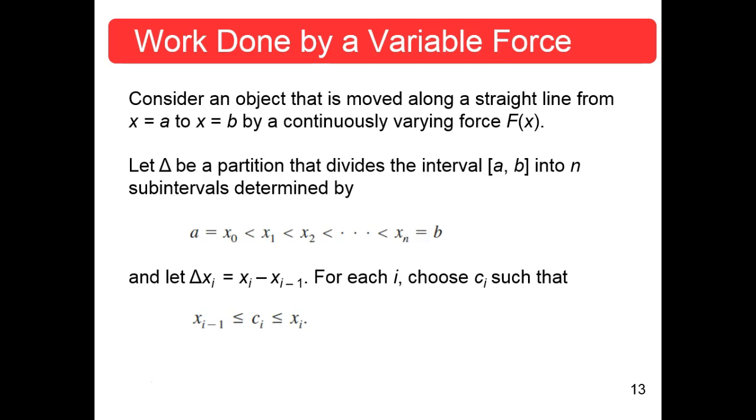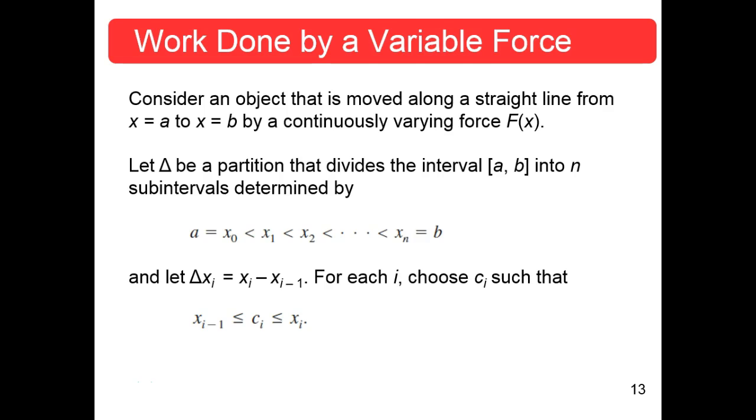Other books use a capital P, maybe with a subscript on it, that divides the interval from A to B into n subintervals determined by A is equal to x of 0, and then a short way over from that is x of 1, and x of 2, then x of 3, all the way up to x of n, and that is your B. Then your delta x of i, and why use the same symbol for a difference and the same symbol for the partition, I don't know. But that would be any x of i minus the previous x of i minus 1,